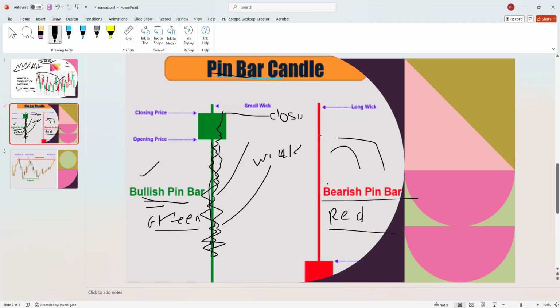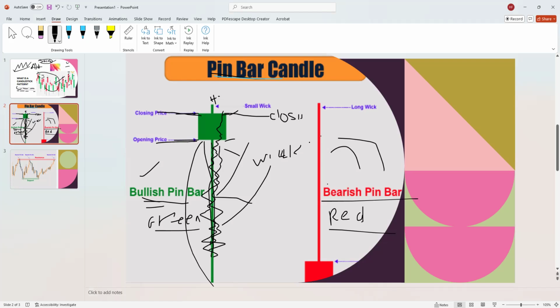So the buyers just come and buy and push the price up. It creates an empty wick. It was like a full red body, but since the buyers came and pushed the price up, it closed there. That's the lowest it goes, and then it closed there. That's the highest wick it can go, and that's the closing price. And this is the opening price. We call that opening price and closing price. We explain all those things in this class.